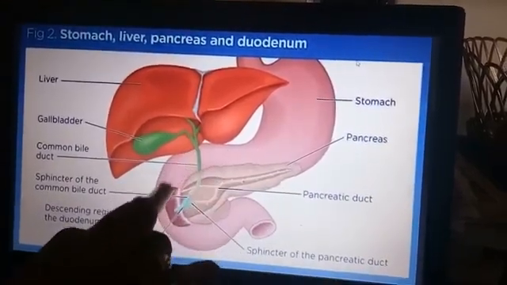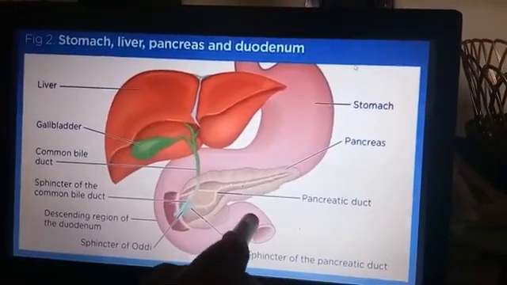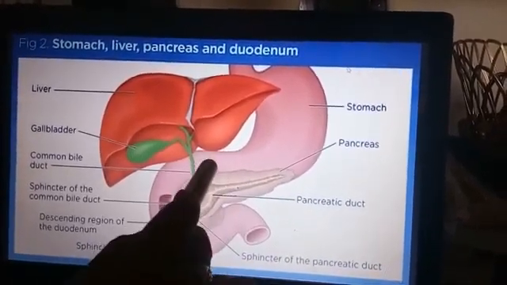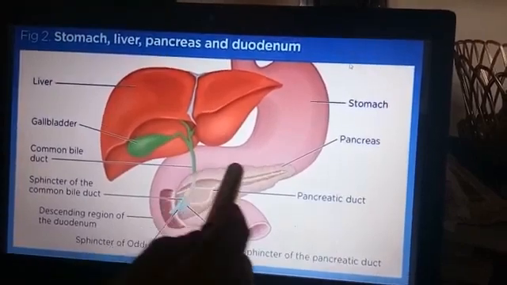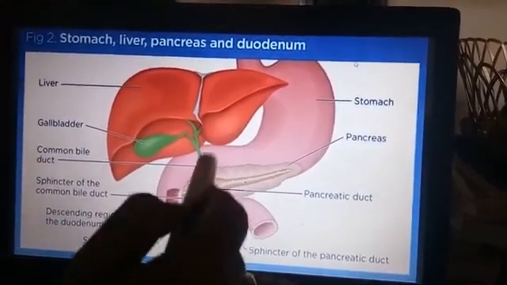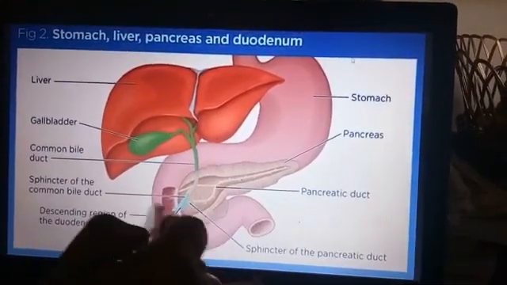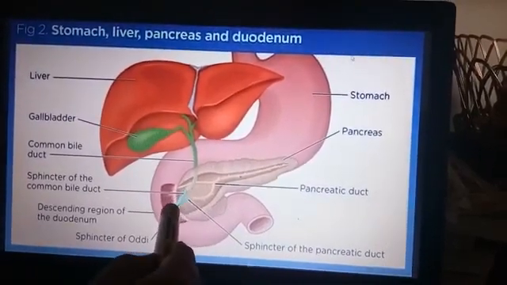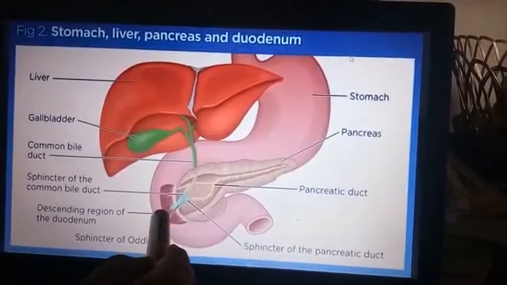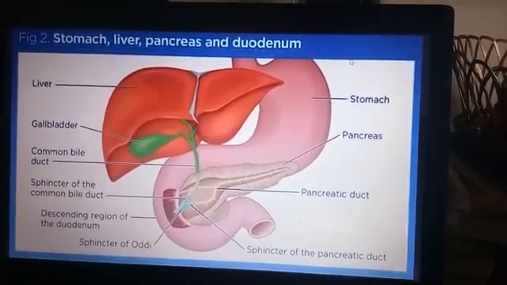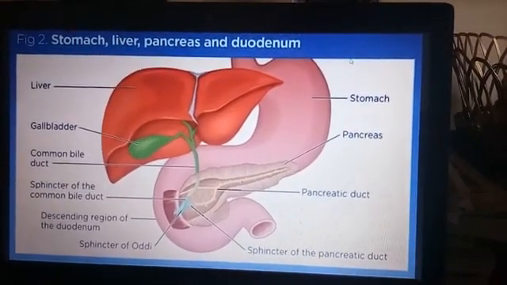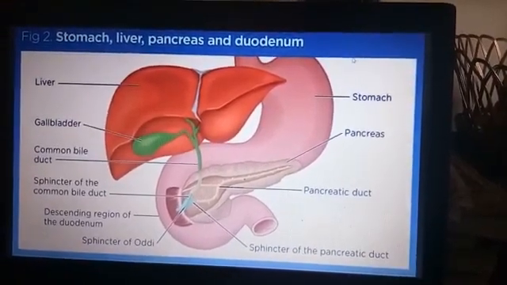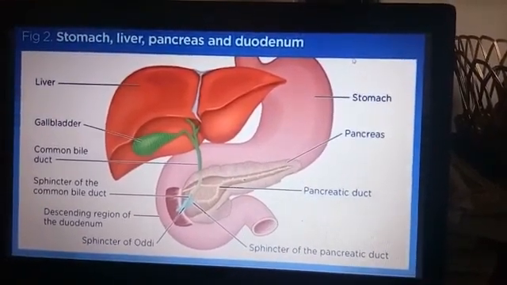stomach leads to the first part of the small intestine, and this is called duodenum, and within this loop this pancreas is located. Pancreas is located within the loop of the duodenum, and you can also see this blue color duct, the tube-like structure which is opening into the duodenum, which releases pancreatic juice which contains enzymes which help in digestion. We have already learnt it.